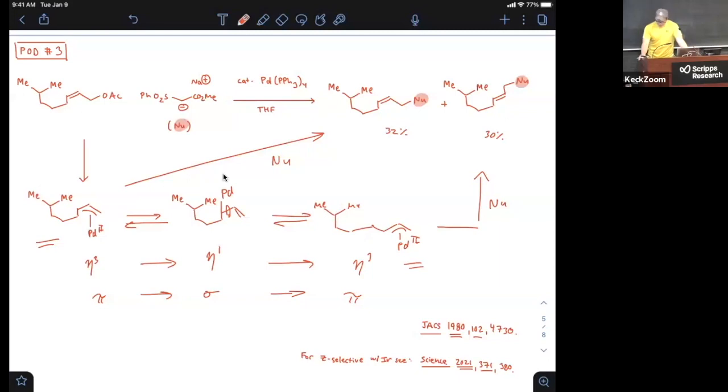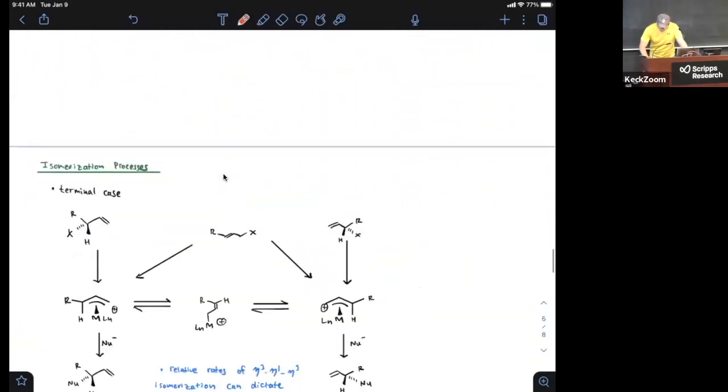And so in isomerizing overall Z to E, you're relieving allylic strain. And so then it will be a matter of what are the relative rates of that eta-3, eta-1, eta-3 isomerization versus the relative rates at which the two intermediates are trapped. It will determine the overall product ratio. So I'll stop here, being respectful to the